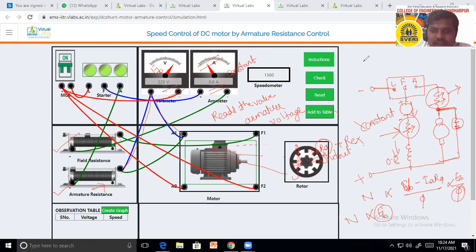Decrease होईल. So see, if the Ra plus R external, that is the external resistance, is increased, then this drop, that is Ia(Ra plus R external), will increase. हा increase होईल आणि Eb चे equation काय? Eb is equal to terminal voltage V minus this drop. Okay, if the drop increases, then Eb will decrease, and if Eb decreases, the speed of the motor will decrease according to this relation. या relation वर. Okay, now we will see that.